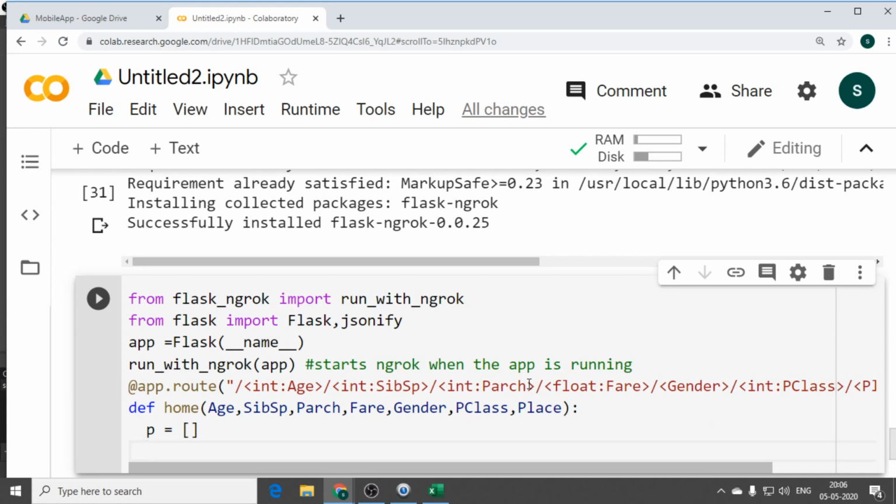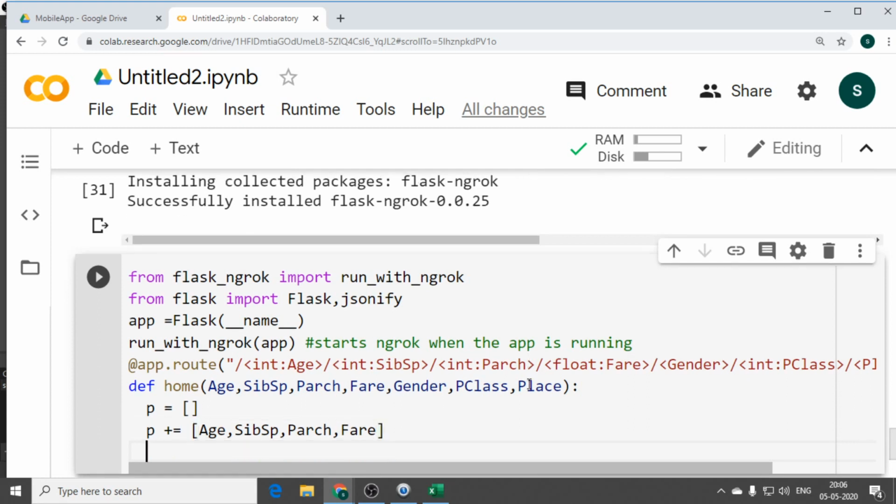But gender, I am having categories. For passenger class, I am having categories. For place, I am having categories. So for those, I will create my conditions, right? So that is the reason I am using my assignment operator, where I will place all of them within the list. Age, siblings or spouse, because I don't need these categories, because these are all numerics. I can directly place them in the list, and it will append each and every value, because P is an empty list. I go for my first condition.